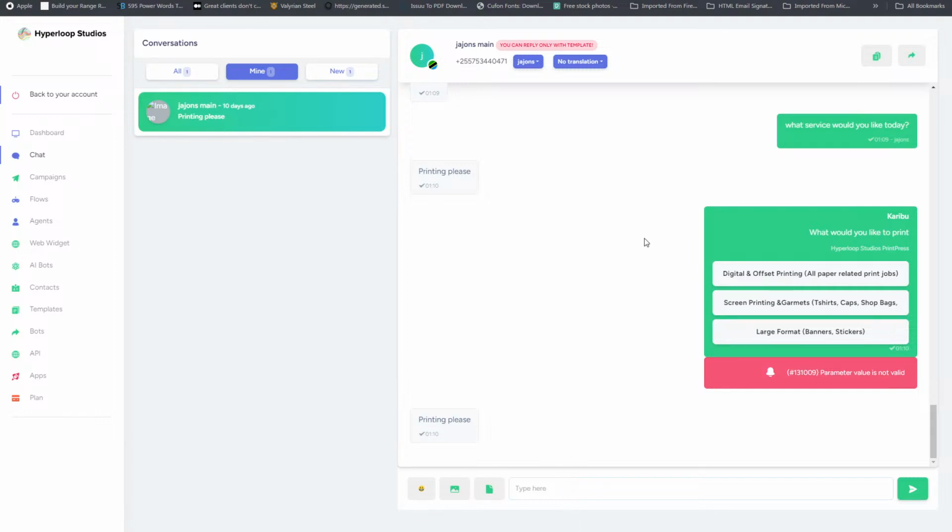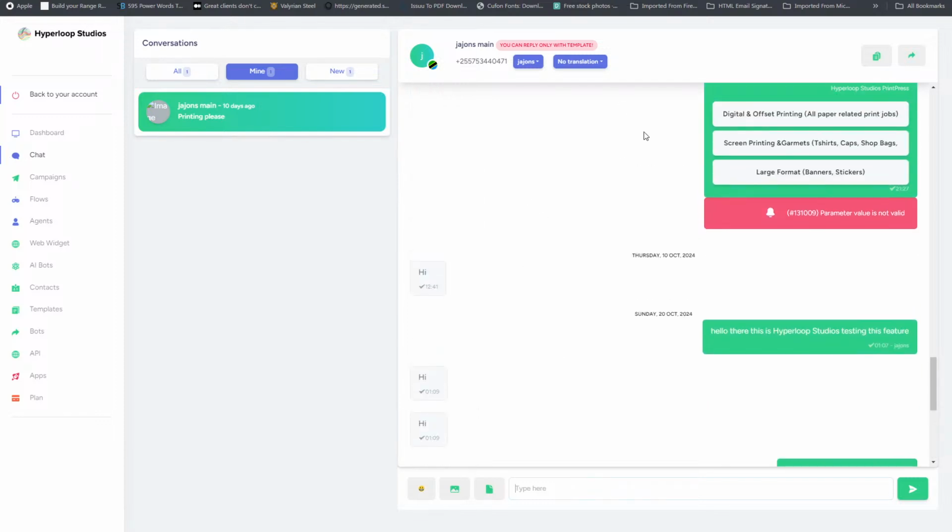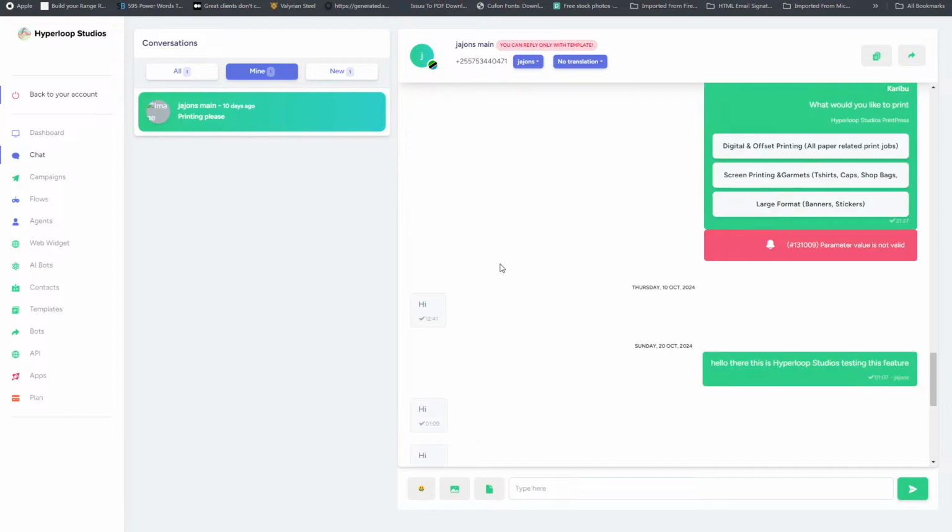It can trigger a chatbot, a WhatsApp bot, to offer specific menus to the client, and they can decide what they want. And this can be a multi-level stage kind of bot. So you can have maybe, for instance, here the client says printing, and so here we have 3 options. The client chooses digital printing or screen printing or a format, and then they can decide, and so forth until they have reached a conclusion. Then a human can also take over during the conversation. So this is one feature that you can